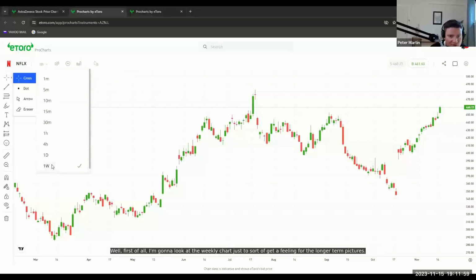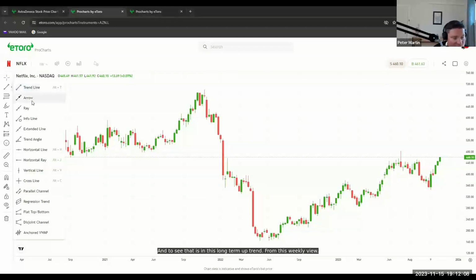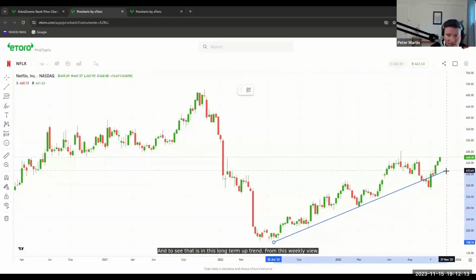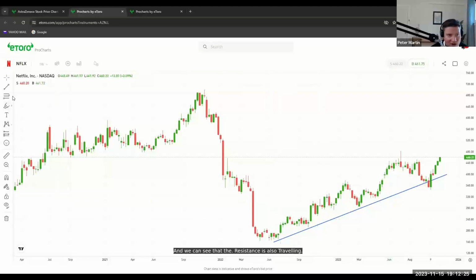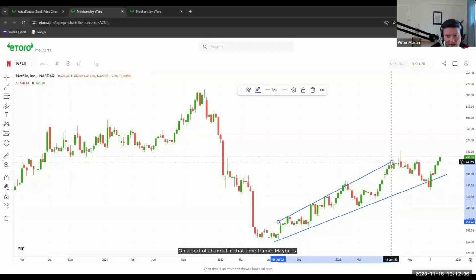Well, first of all, I'm going to look at the weekly chart just to get a feeling for the longer term picture. So we can see that it is in this long term uptrend from this weekly view. This is just an inaccurate support line. And we can see that the resistance is also travelling on a sort of channel in that time frame. Maybe it's decelerating a little bit, but if we go to the daily chart,